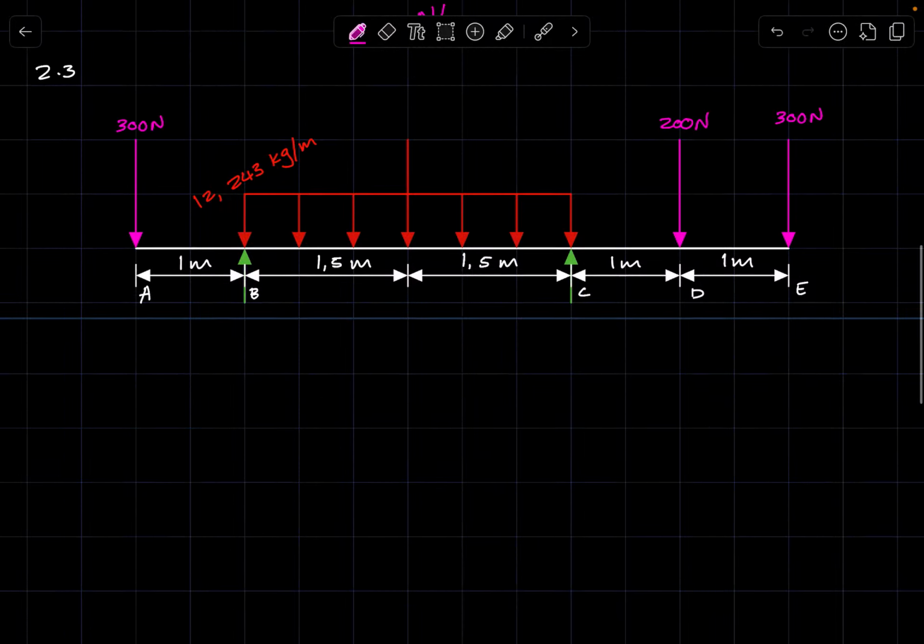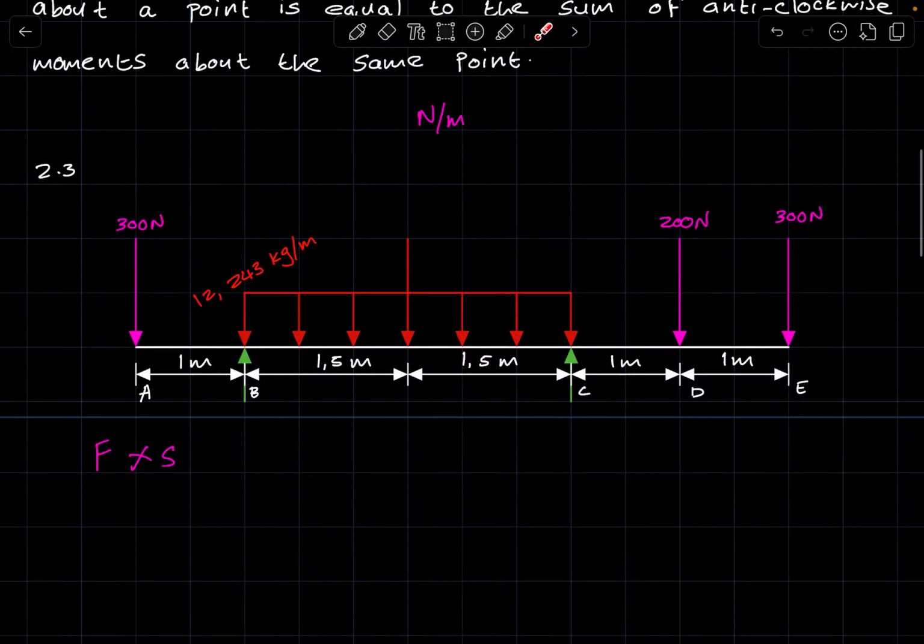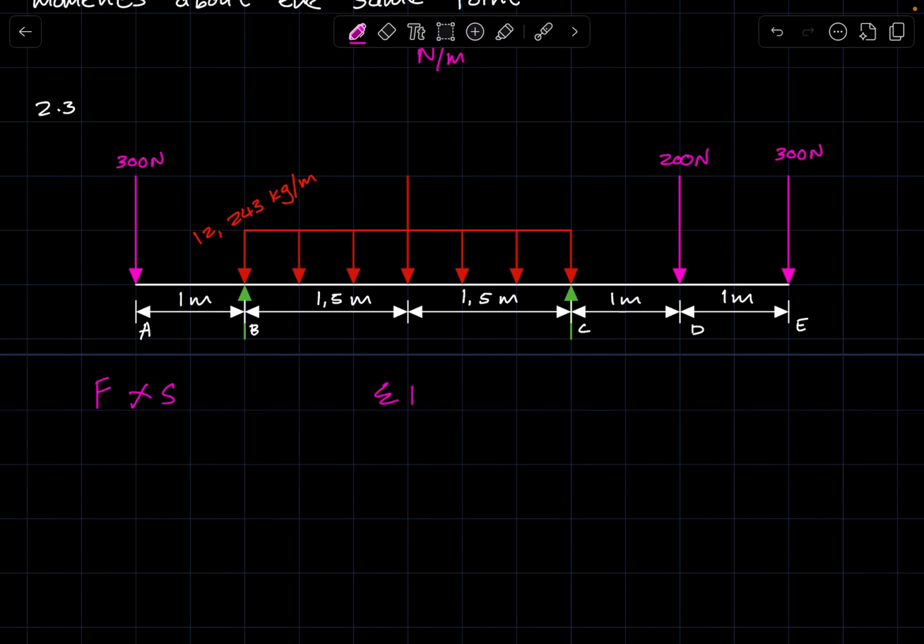Remember, conditions of equilibrium, if you're using moments, moments is force times distance. A force is in newtons, not Newton meters, so we cannot use this because this is in Newton per meter, right. Also, if you're using, say, sum of forces going up is equal to the sum of forces going down, or if you're using the sum of forces along the y-axis is equal to 0, you cannot use this magnitude as it is. Why? Because with either of these, we use forces, and forces are in newtons, right? So that is to say that